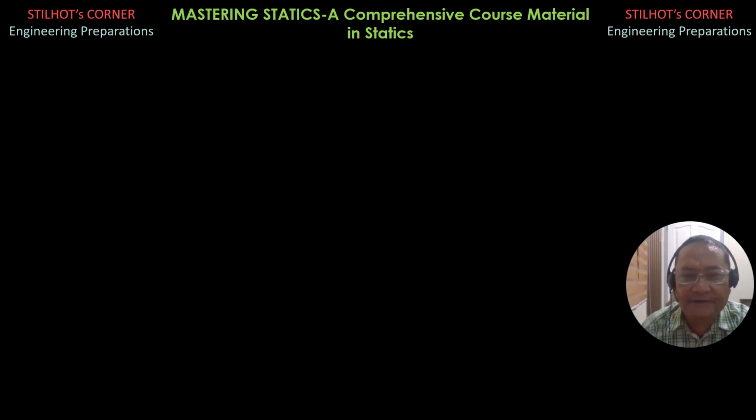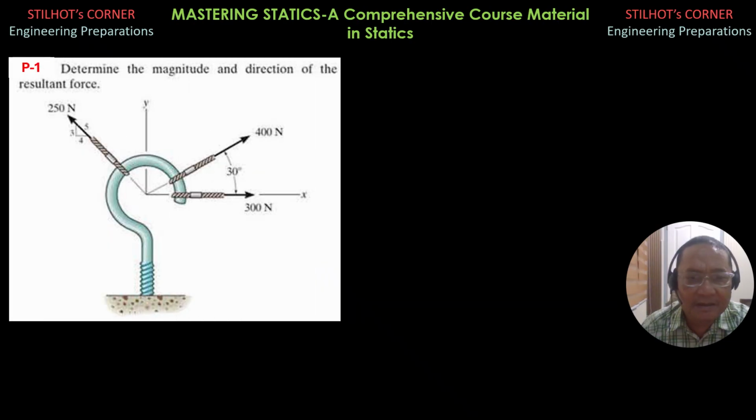So here is the first problem. Determine the magnitude and direction of the resultant force. So in this problem, I'm going to present two ways. One is the component method and adding them, and the second way is by vector approach. So I need to present two solutions, and in a detailed manner. The succeeding problems, it is no longer like this presentation. So I'll denote 300 as F1, 400 newtons in the first quadrant F2, and F3 250 newtons.